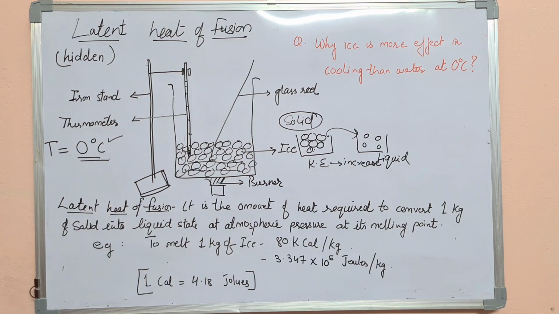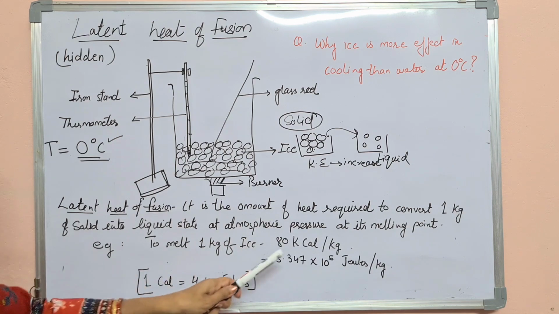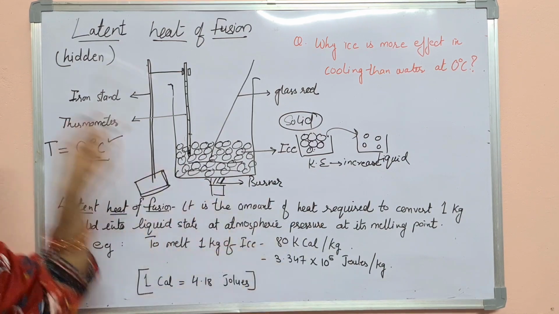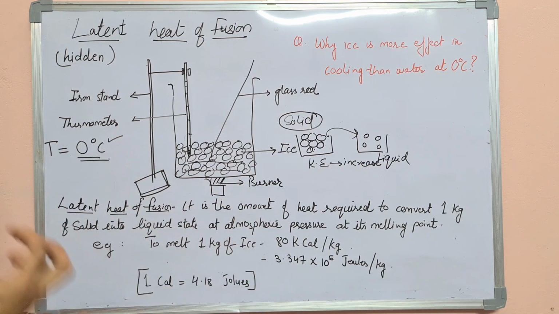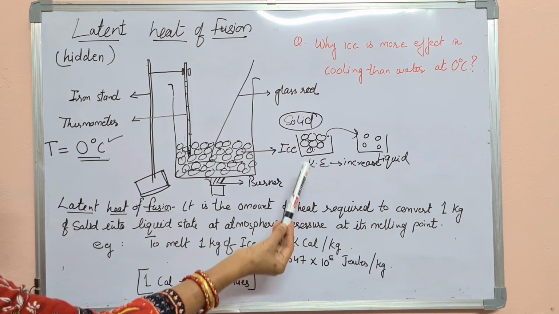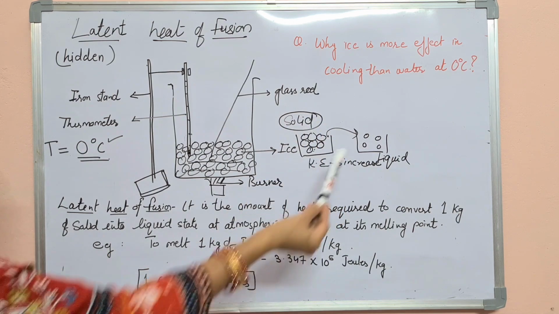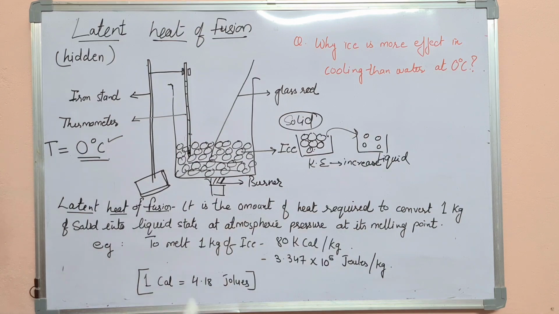The reason is the same. Reason same क्या है कि जैसे ही आप आइस बॉडी पे लगाते हो तो सबसे पहले आइस क्या करेगा, आपकी बॉडी में से 80 किलो कैलोरीज तो आइस सॉलिड से लिक्विड में बदलने के लिए एनर्जी ले लेगा. मतलब आपकी बॉडी को ठंडक आइस ने ज्यादा क्यों दी? Because first ice will absorb 80 kilocalories of energy to convert from solid to liquid, and then again on the skin liquid is present at 0 degree Celsius, so that will also give you more cooling effect. The answer is this: